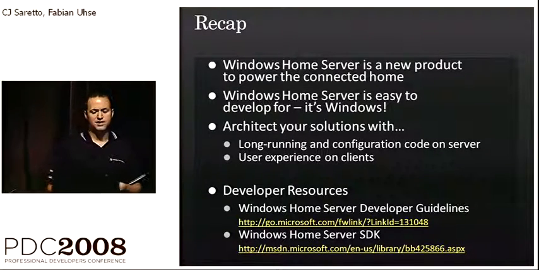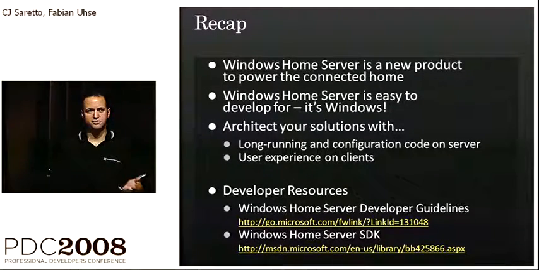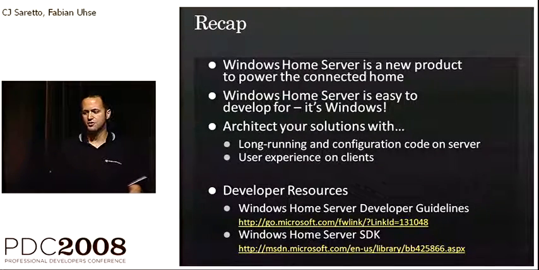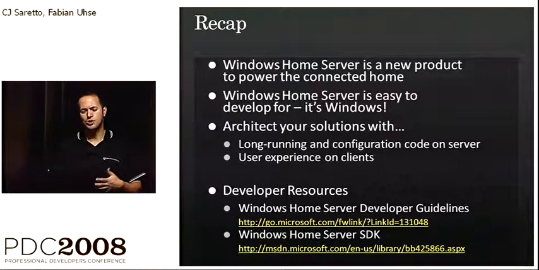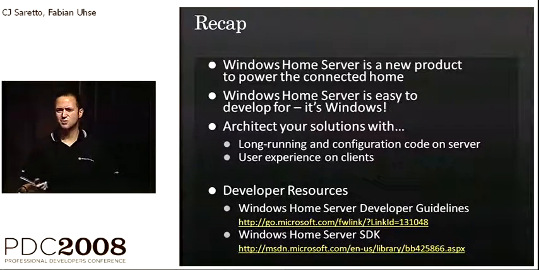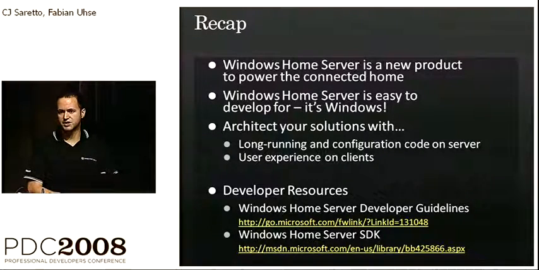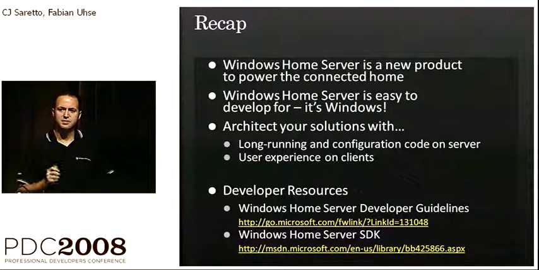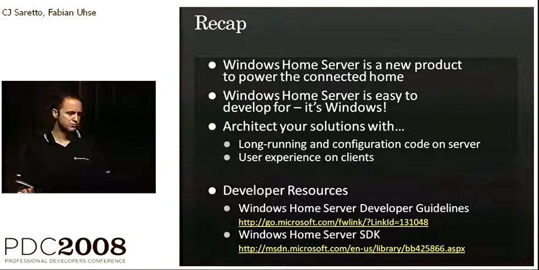Because if you imagine a connected home, if you have services in your home, you're going to want them from the right devices. So when you're building for home server, think about which devices need to consume the services that you have running on that server. Where does it make sense to place code? We chose to place it on a Windows Mobile phone and in Media Center. It might make sense to write a Windows Sidebar gadget. It might make sense to just stand up an HTML website on the server and use that as the interface. But just make sure that you're thinking about where you want to place that client code and how your users are going to use that service.